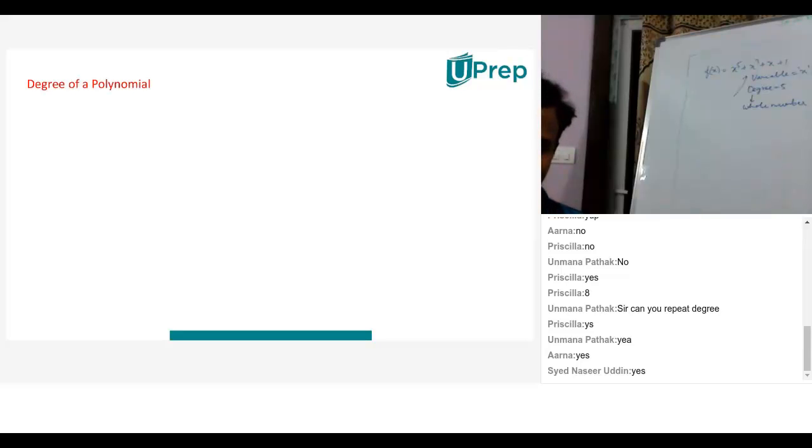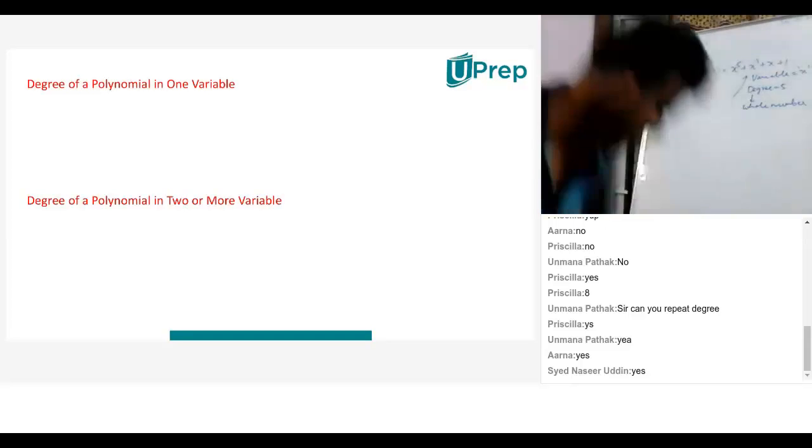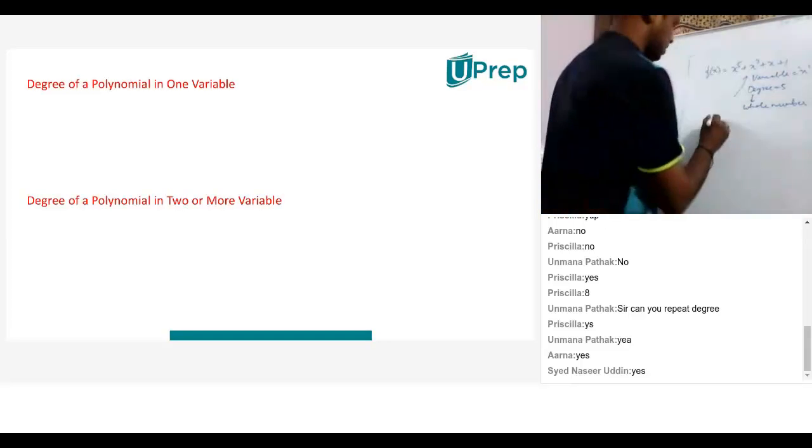Now I have already said what is the degree of a polynomial. I hope everybody understood the degree of a polynomial. Degree of a polynomial in one variable, degree of a polynomial in two or more variables. Okay. So let me give you an example of degree of a polynomial in one variable. For suppose I have f of x is equal to